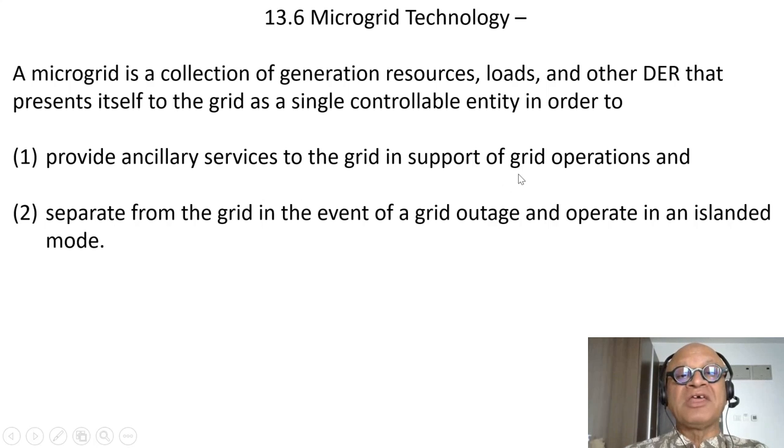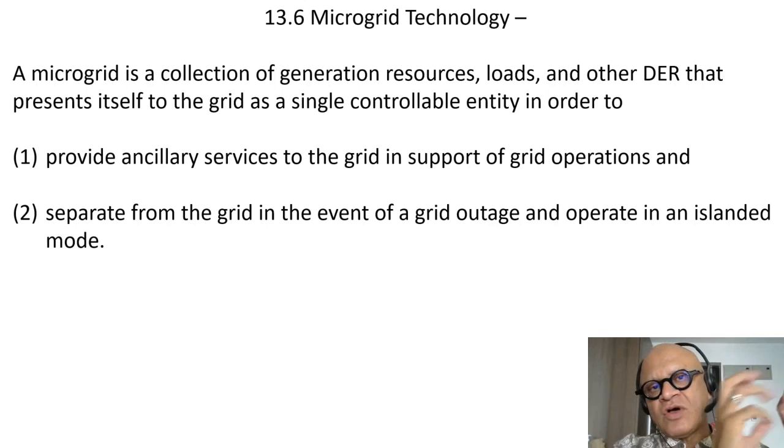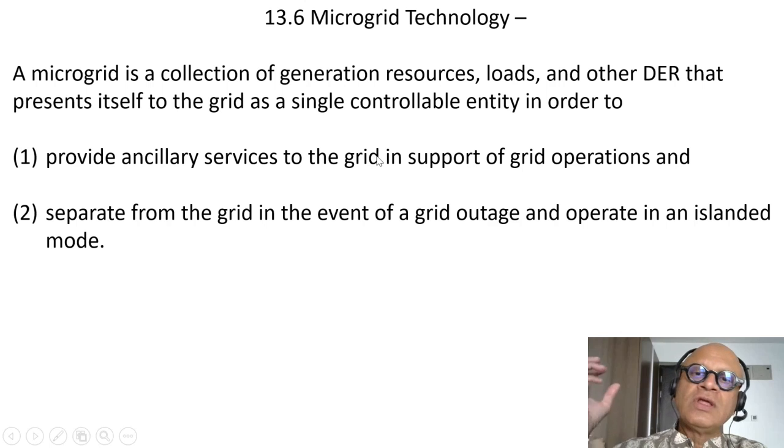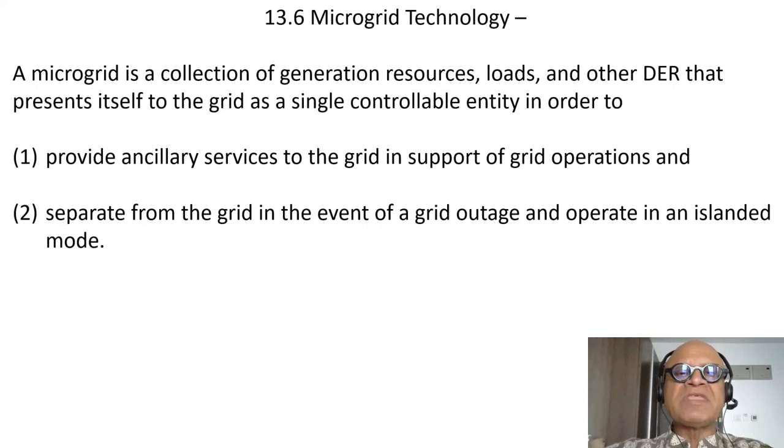So basically locally manage the neighborhood level, or school campus level, hospital level, or a hotel level, let's say, load management, energy production with its own local renewable source and load flow changes, etc. And separate from the grid in the event of a grid outage and operate in an islanded mode. So it has some kind of autonomy at some level, so that it is connected to the main grid, is obviously part of the main grid, but should something happen to the main grid,